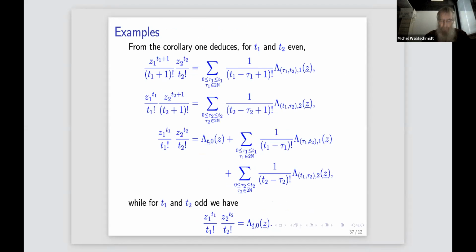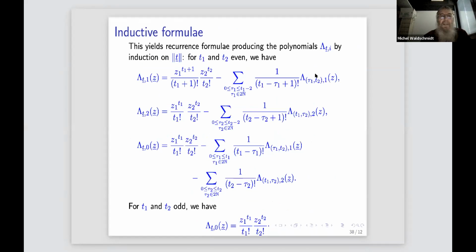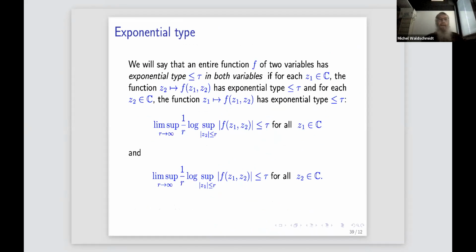Now we can follow what we did in the case of one variable. We write these special polynomials and we expand them. And using this expansion, we deduce some formulae for the lambda t1, lambda t2, and lambda t0, which are inductive formulae. And so we can follow what we did in the case of one variable. We can extend to